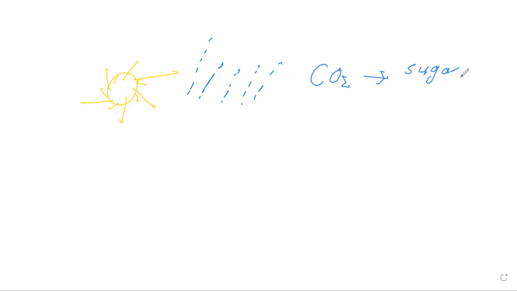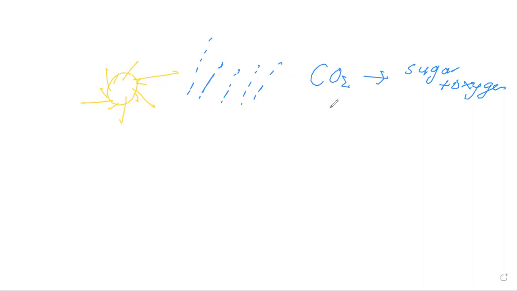What do they need, girls? They need water, sunlight, okay? They need water, and one more thing: carbon dioxide. Very good. They need these three things to produce sugar and oxygen. This is what we learned last year, girls, this equation: water and carbon dioxide in the presence of sunlight gives you